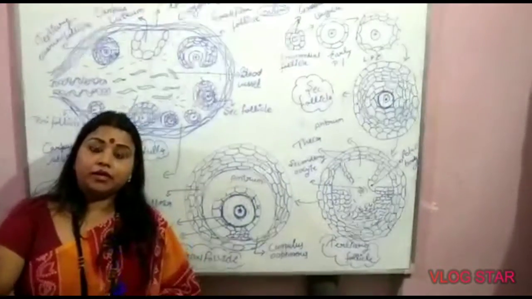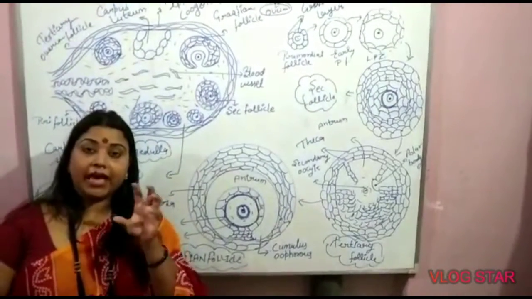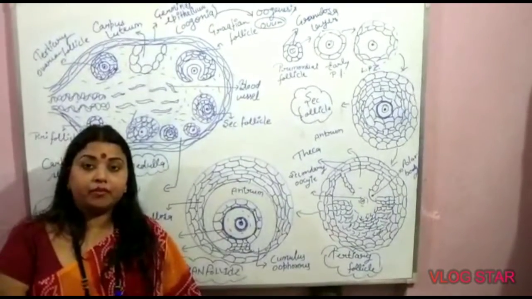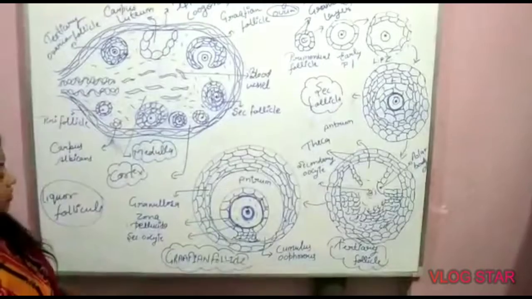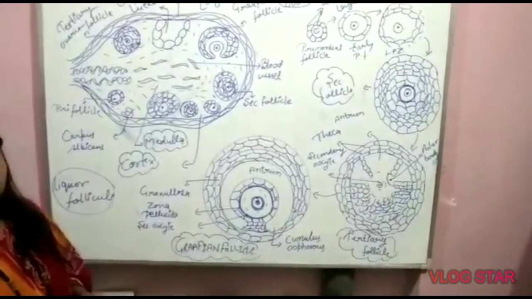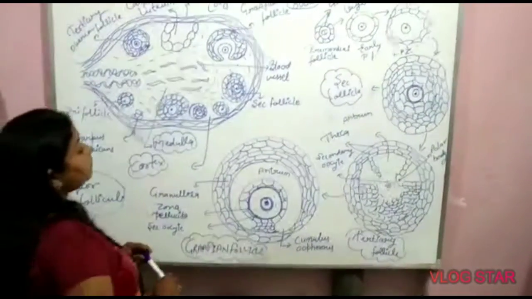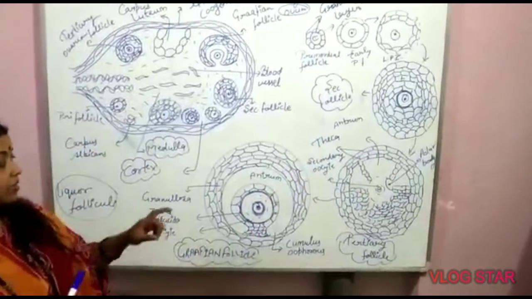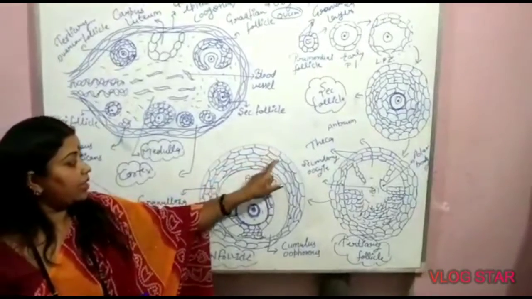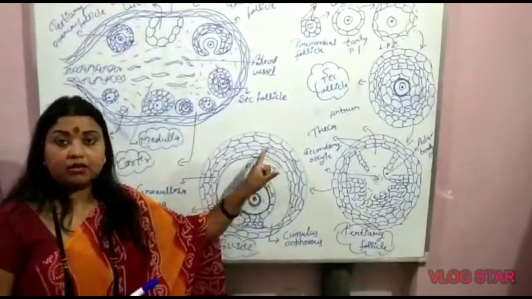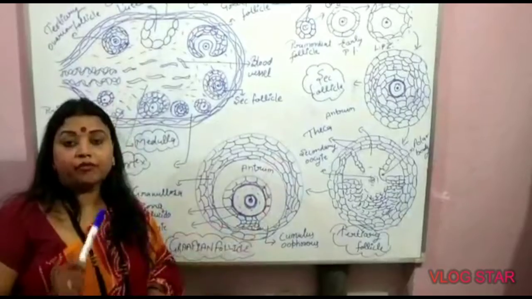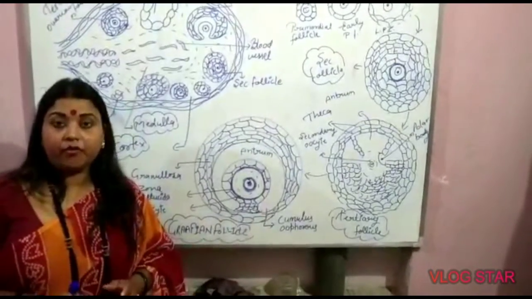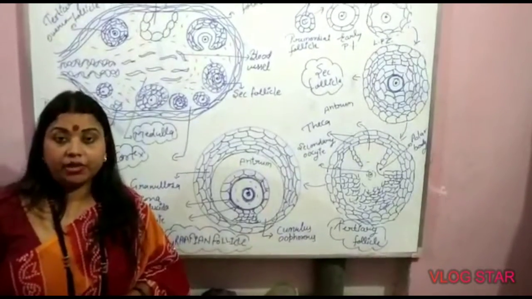Whenever the estrogen rises, it activates the anterior pituitary, and for the activation of the anterior pituitary, another hormone is involved, that is the luteinizing hormone. Understand? Again I am repeating. During the follicular development, one hormone is secreted, that is estrogen, from the layer of granulosa. This estrogen influences, or we can say activates, the anterior pituitary for the high secretion of luteinizing hormone.